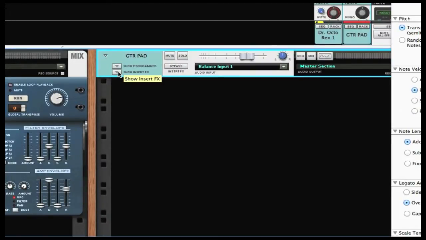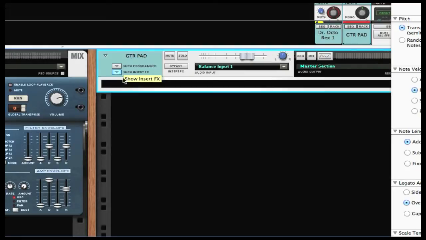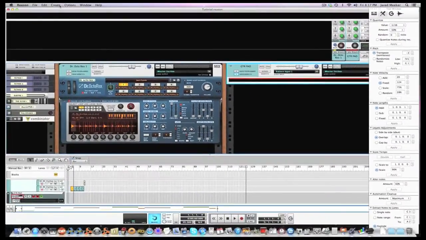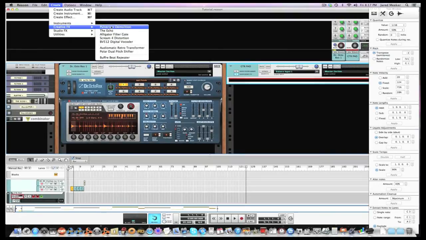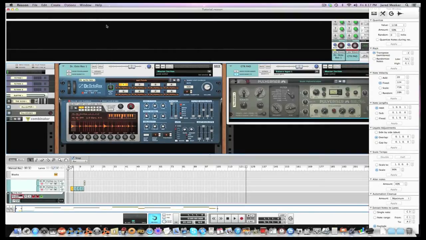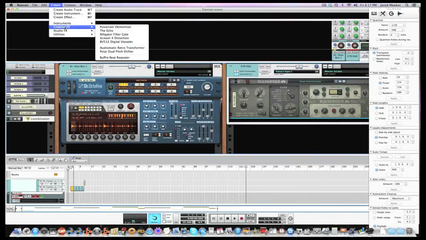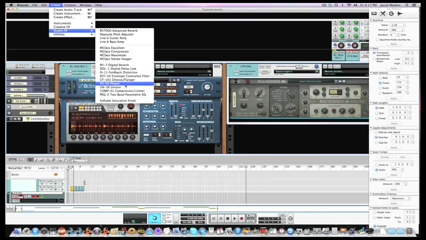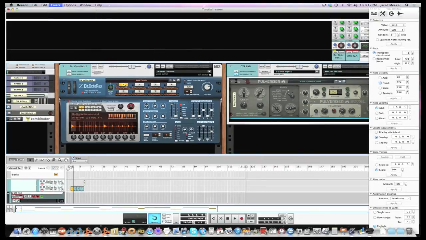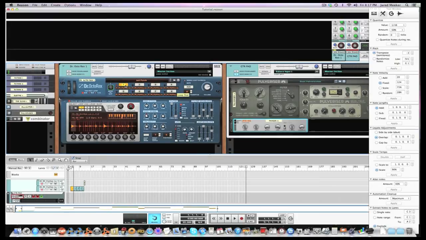and open it up, and then you go to show insert effects. And in this section right here, we are going to create a bunch of different tones. We're going to start out and create a pulverizer as the first signal in our chain. Then let's send that into a phaser. And then let's send that into